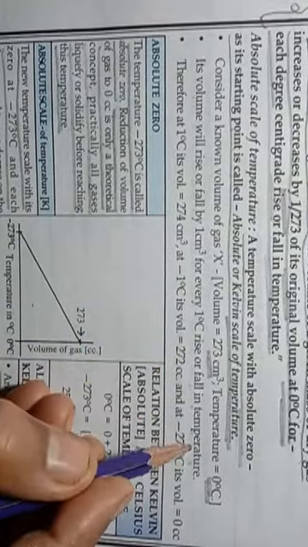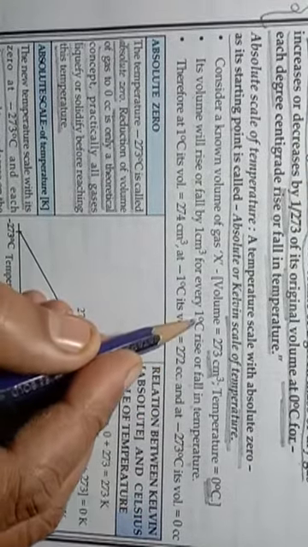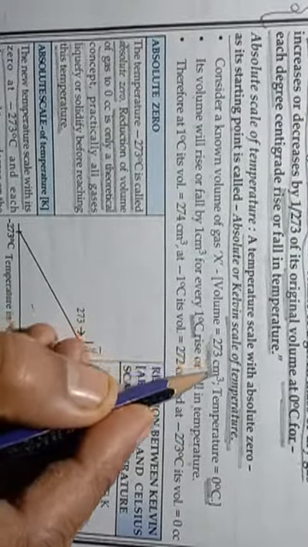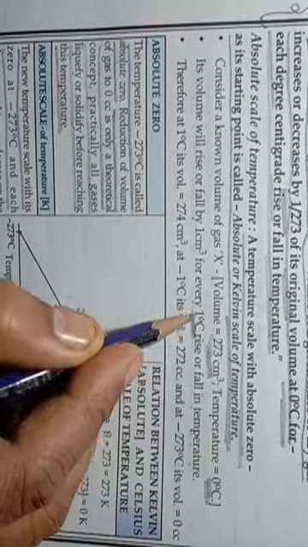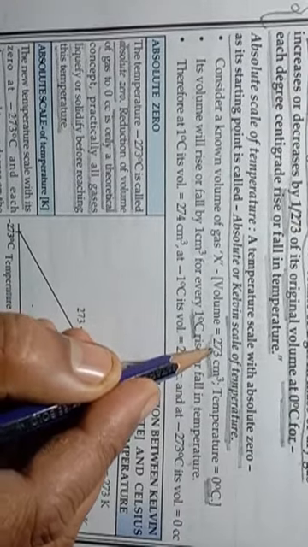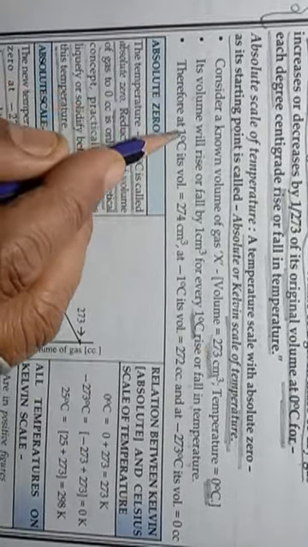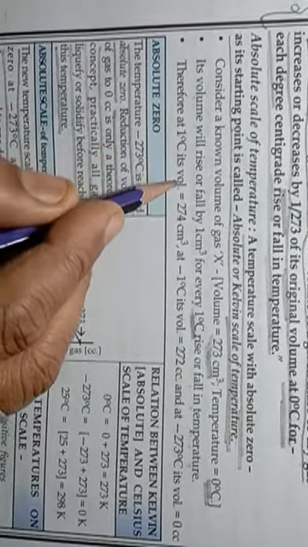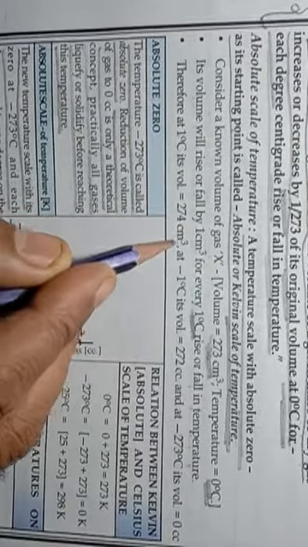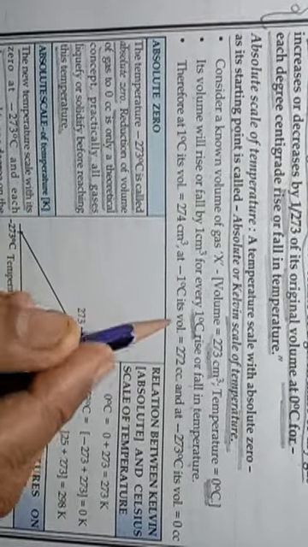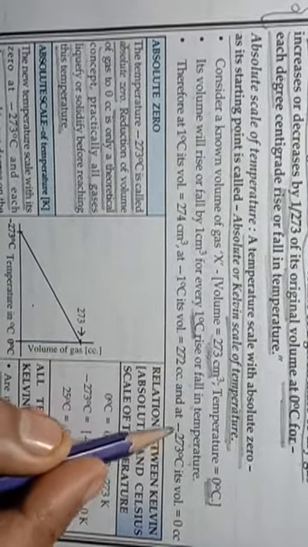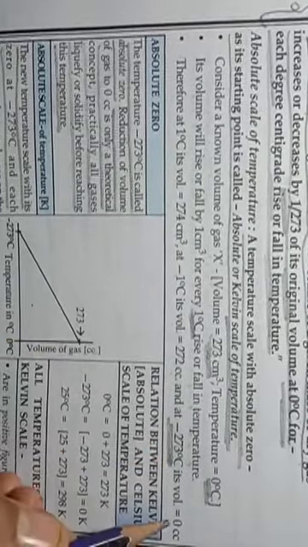If we increase the temperature by 1 degree Celsius, the volume will increase by 1 cm³, and if we decrease it by 1 degree Celsius, the volume will also decrease by 1 cm³. Therefore, at 1 degree Celsius its volume will be 274 cm³, at -1 degree Celsius it will be 272 cc, and at minus 273 degrees Celsius its volume becomes